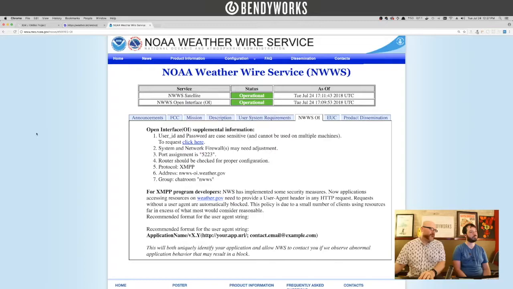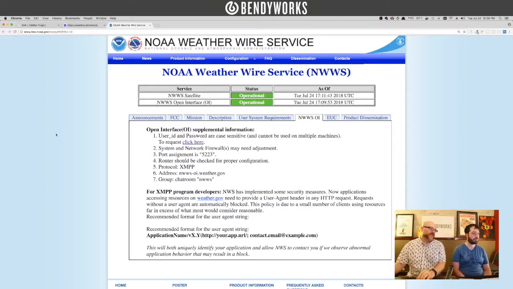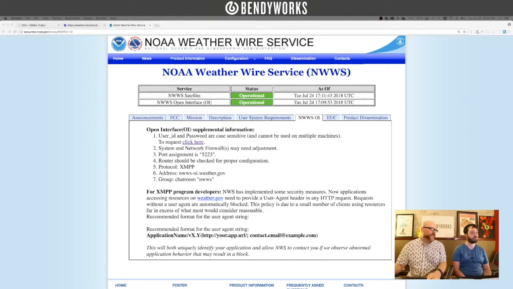The Weather Service has a service called the NOAA Weather Wire Service. Lots of dubs. And the open interface is another XMPP-based way to get a whole fire hose of what the Weather Service is issuing. You do need a username and password. You have to request that from the Weather Service, and that's free. But you do have to get credentials, and once you do that, then they put a lot of the specific weather details about